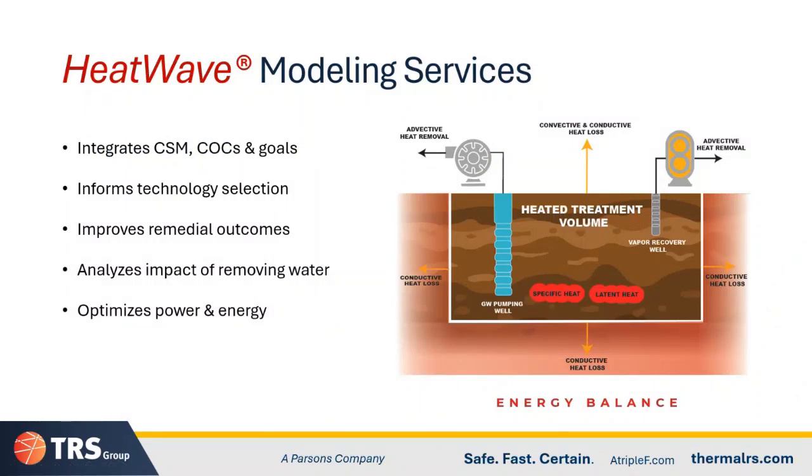Okay, so you reach out to us and say, we've got this site. Does a thermal solution make sense? We would ask for a bunch of information and make a decision on which technology is most appropriate for your site, conduction heating or resistance heating. Essentially, we're looking at the heat losses in the system, the constituents of concern, groundwater velocity, all these typical kinds of information that you already have. We're going to do heat loss calculations and recommend spacing of our heaters or electrodes, how long we're going to run it, and how much energy we're going to use,